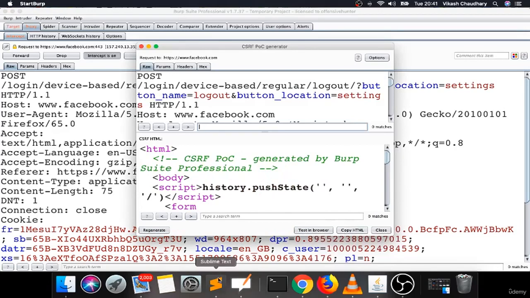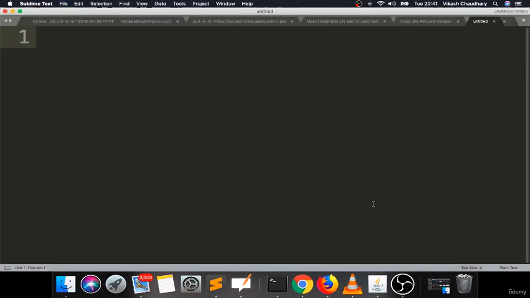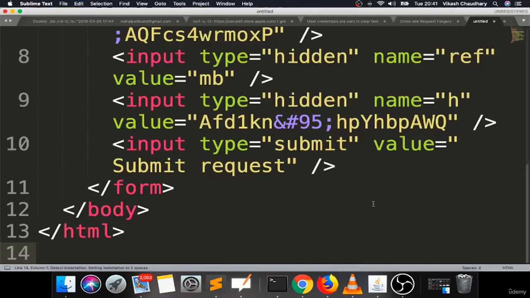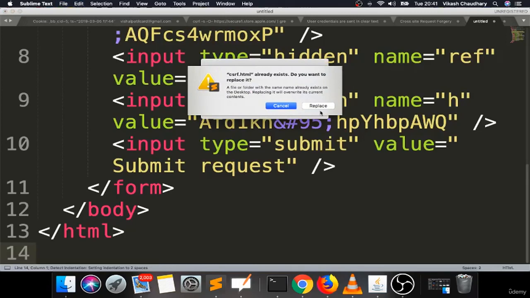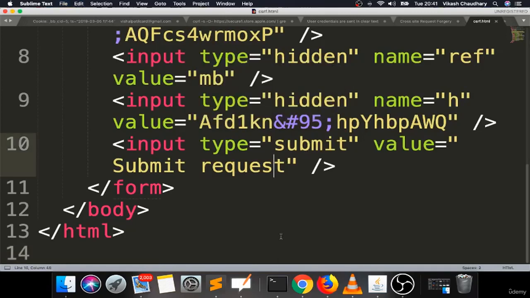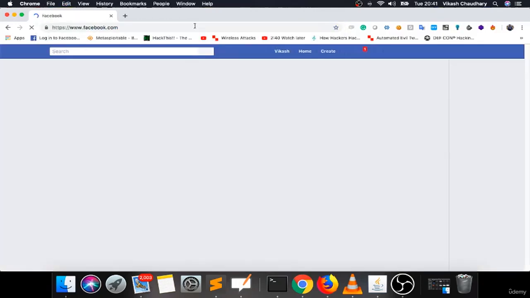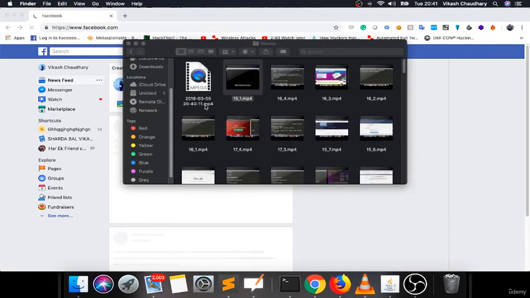Let's copy the HTML code. I'll save this as, let's say, csrf.html. Let's replace. Now you can see I'm still logged in on my Chrome browser. Let's open that file with